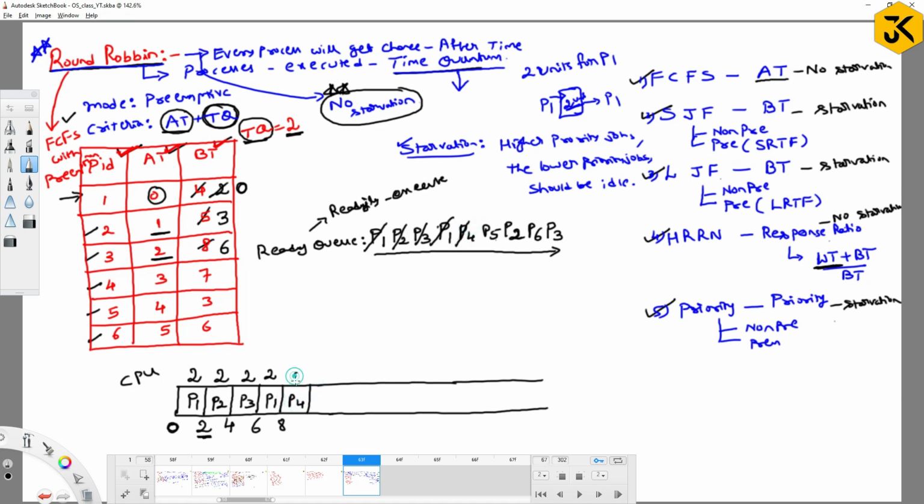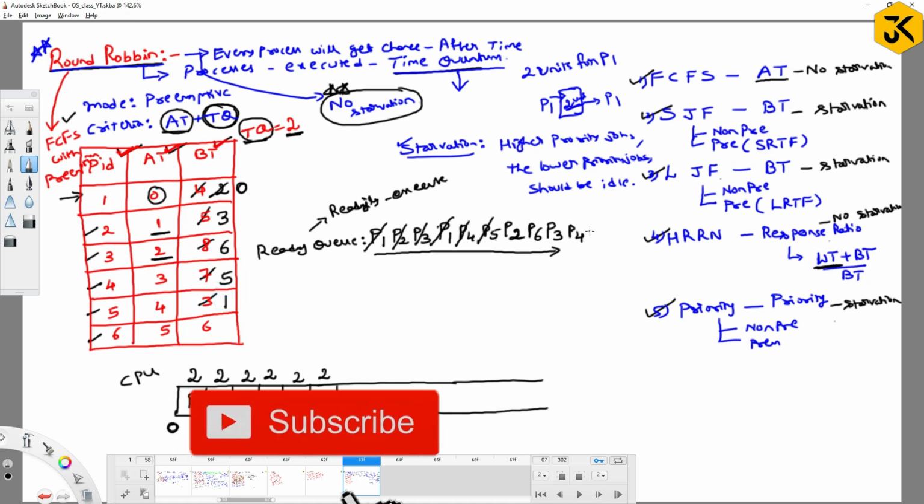P4 will execute for 2 units of time, completed by 10, and as it completes 2 units, it is left with 5 units, and I have to add it to the ready queue again because I need further CPU. Next, given the chance to P5, completion time will be 12 and its time quantum is 2 units. So P5 is left with 1 unit and again I need to add it to the ready queue because I need further